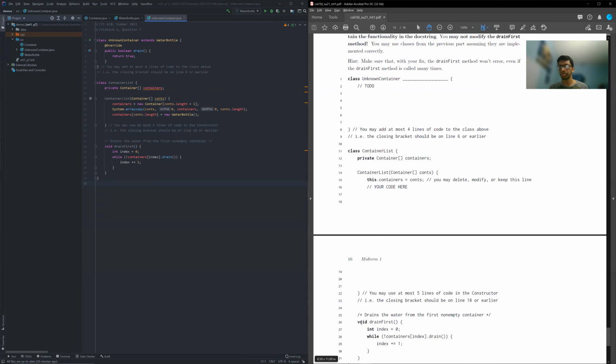In this case, maybe there's an issue with accessing the array index, right? That's out of bounds. And then you have to figure out how to deal with it because you're not allowed to modify this. The way that we do that is we're going to manually increase the size of the array and forcibly make it so that we break out of the while loop if everything is empty on the very last new unknown container. Okay, I hope this was helpful in understanding this question. And yeah, I think that wraps up midterm 1, question 7, part C, and we finished the entire problem.